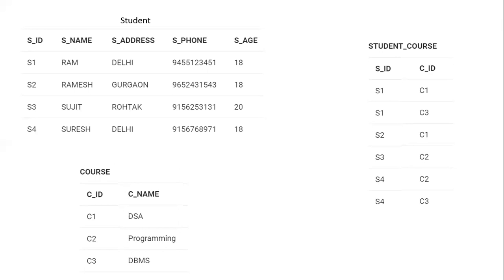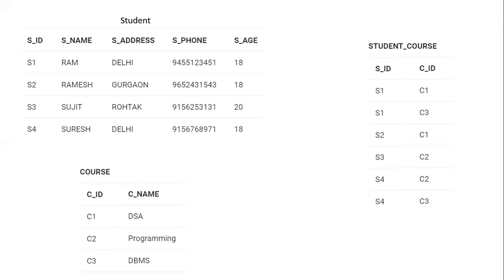Okay, next what we will do, we will make a query from a student course table to find out the name of students whose course ID is present in a set. Which set? The set which we have obtained from the course table.